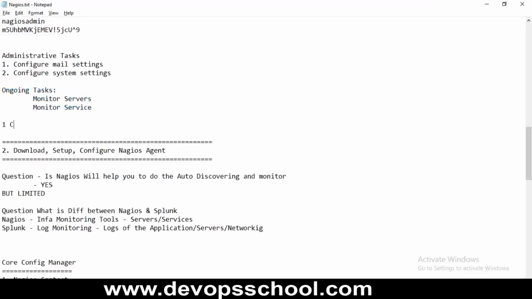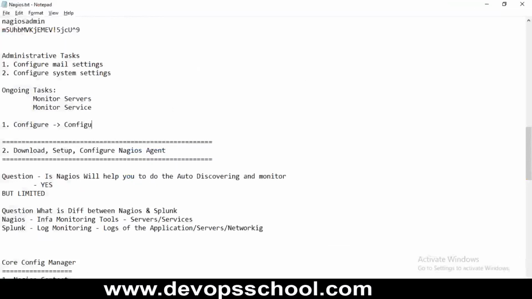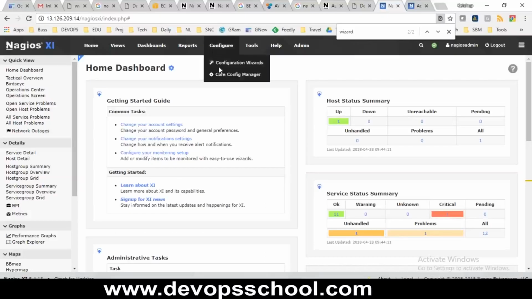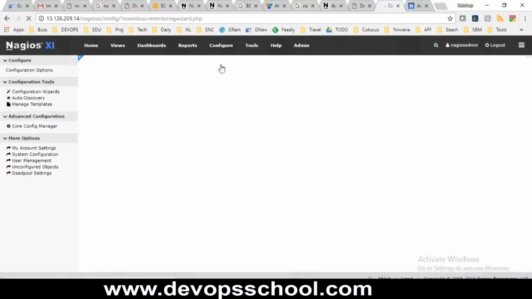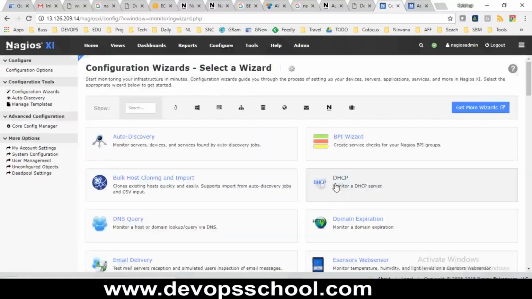First thing, configure. I'm just putting it in so you should not get lost. Configure, and after that, configuration widget. Okay, after that, if you click on this configuration widget, then from here there is a tool, so I will enter this tool. From here you do not have to worry about anything, because you can see that here,